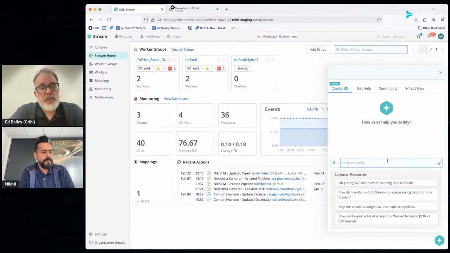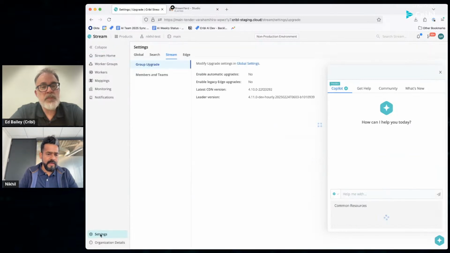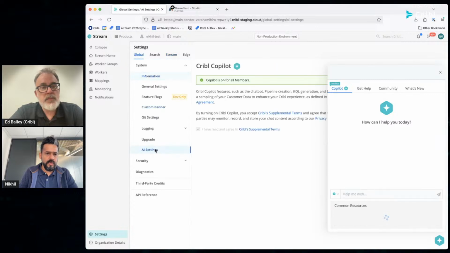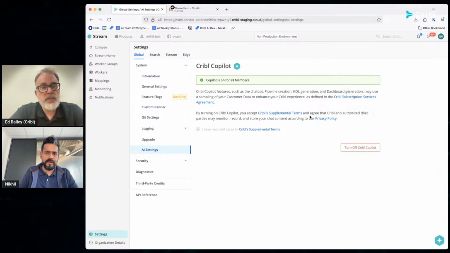The approach that we have taken with AI as a whole at Cribl is that it's always going to be opt-in, so everything is off by default. We're not in the business of capturing your data or your telemetry and training models. In fact, we don't train any models right now at Cribl. So you have to specifically go into settings, and maybe that's a good way for us to start off here. You go into settings, and then you enable it over here. I have already enabled it on this instance, but if you haven't, this is where you would turn it on.